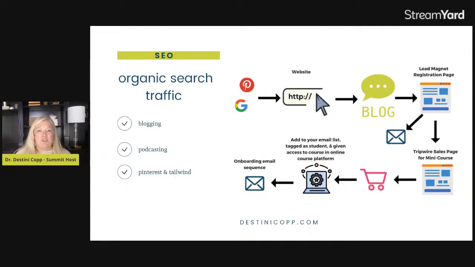So basically, they're doing a Google search, they're coming to my website, maybe they're going to a specific blog post on my website, and then from there, maybe I have the lead magnet embedded in the blog, or more likely it's on the top, that top bar of my website, so they see it there, or maybe they see it through a pop-up on my website. But basically, they're seeing my lead magnet when they come to my website. And then from there, I have them going to a Tripwire sales page for a mini course. If they purchase, or no matter what, if they didn't purchase, if they're just signing up for my lead magnet, I'm starting the onboarding sequence.